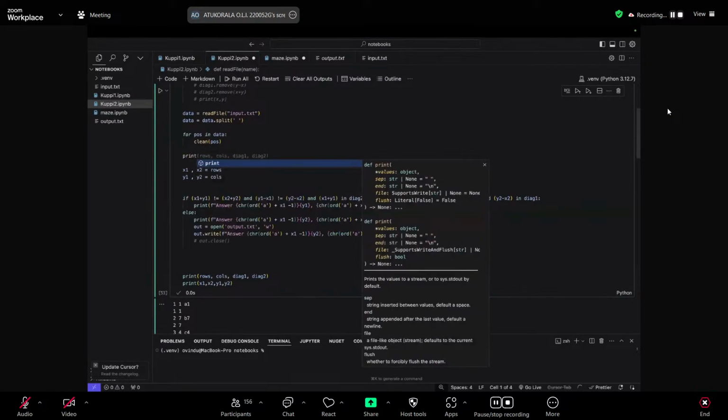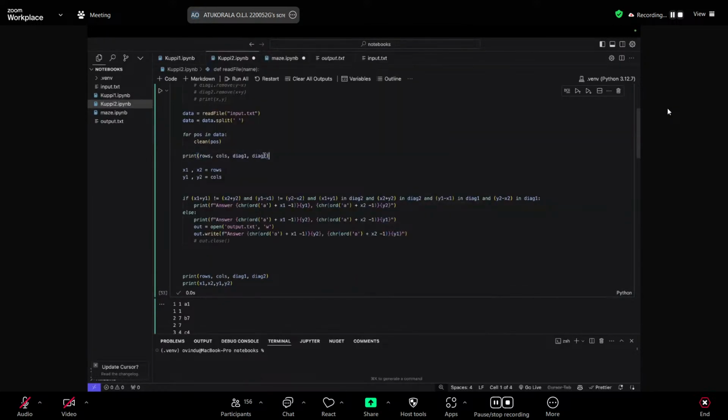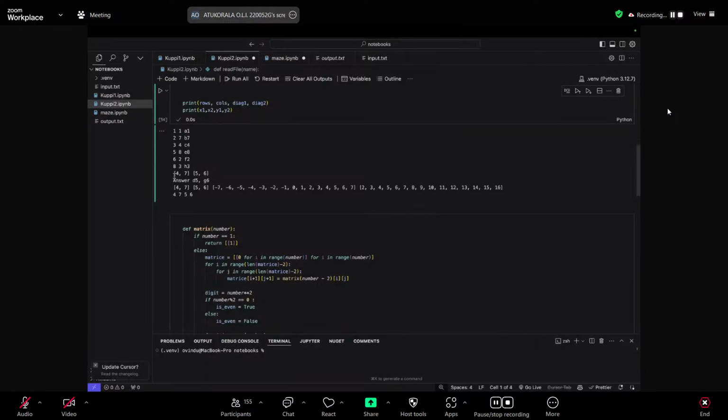Let's print the rows and columns and see. So you can see there's just 2 rows and 2 columns because we removed 6. So we removed a row and a column for each position. So we are left with 2 rows and 2 columns, right?